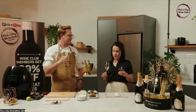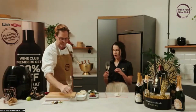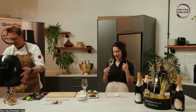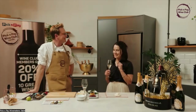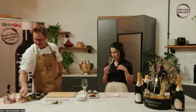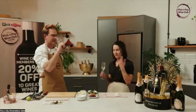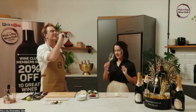The one thing that I also, in terms of glass shape, is a big influence on how a wine presents itself, but also where you find the aroma in the glass. So you go quite deep, or I like to, especially with Cap Classique, because that first whiff can sometimes be quite intense with all the CO2. For sure. But allow it to linger and then slowly move away, taking in all those lovely aromas. So you get a bit of that yeastiness coming through, a bit of that citrus. I'm still smelling the lime. It's beautiful. And then on the palate as well,